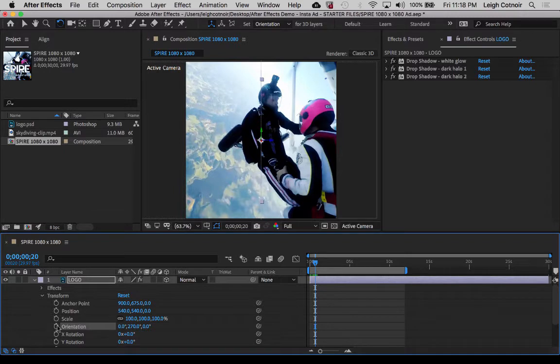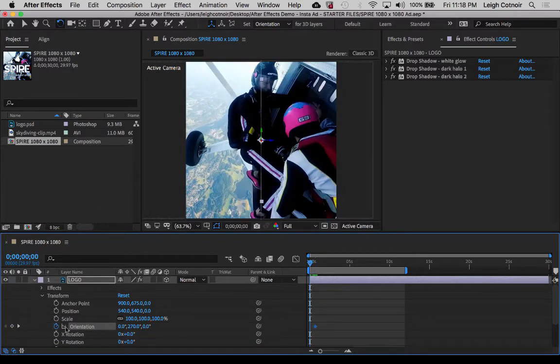Where it says orientation, I'm going to click here, and then I'm going to go back to the beginning, and I'm going to click the keyframe button in this left column. Okay, and so now I've got two keyframes, and I can scrub and zoom in a little bit on this timeline. See this option where it lets me zoom in, and I can get more detail down here in the